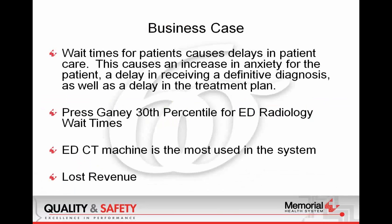The wait times for patients cause delays in patient care, an increase in anxiety for the patient, a delay in receiving a definitive diagnosis, as well as a delay in the treatment plan. And in our Press Ganey results, we were only in the 30th percentile for ED radiology wait times. So the patients were feeling it, and they were reflecting that in the patient surveys. So we knew we needed to do something about that because as people become less satisfied, they start going to your competitor down the street, or actually, even worse than that, they start to leave without treatment,